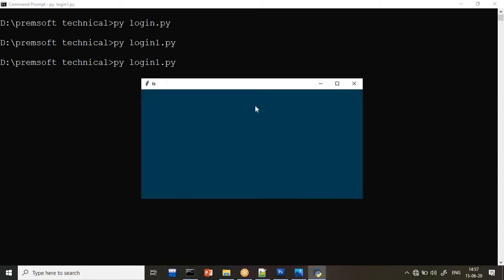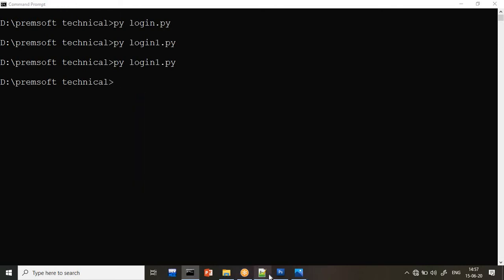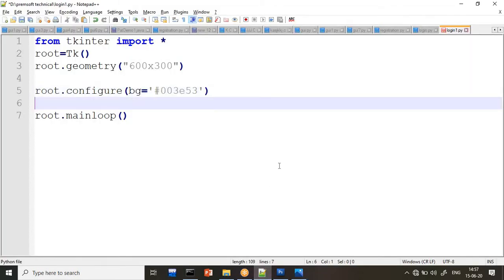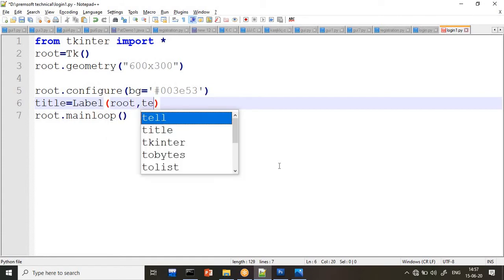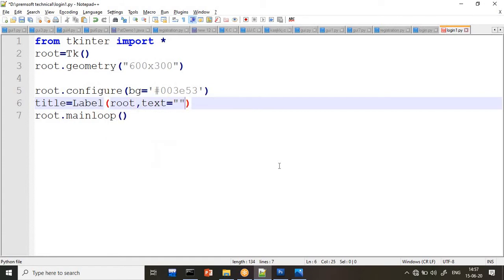Now what is the first thing we want? We want to set the title of this one. Sir, how to set the title? So we'll create title here. Title is equal to Label. In the label, first we set root, comma, text. What is the text of your title? I want Login Form.